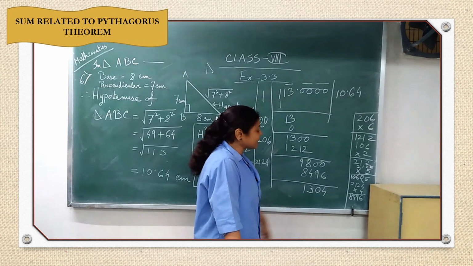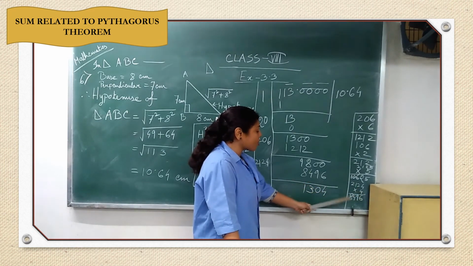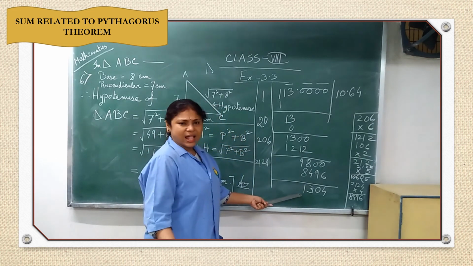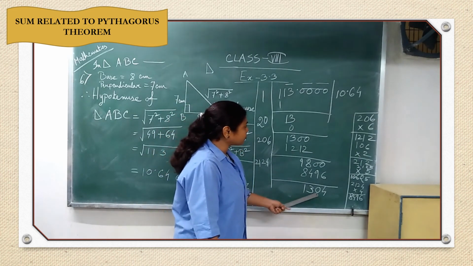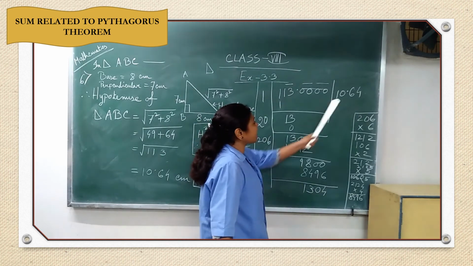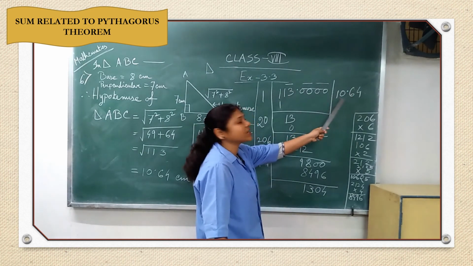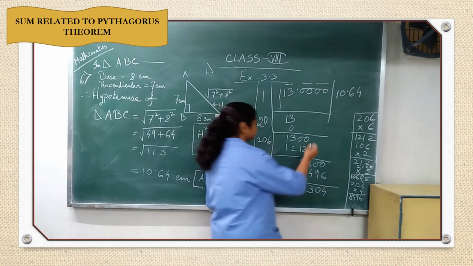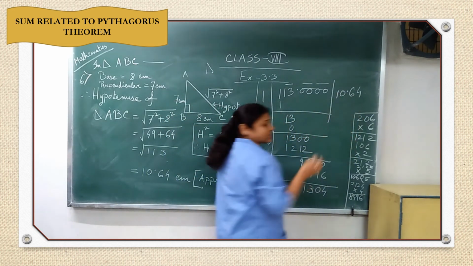625 is larger than that. So 2124 into 4 is coming 8496. That's still we have written. And after subtraction it is coming 1304. And 4 will write over there. Before that, after 10 we will give 10. Now they have asked for till 2 decimal places. So we can give the answer like this.